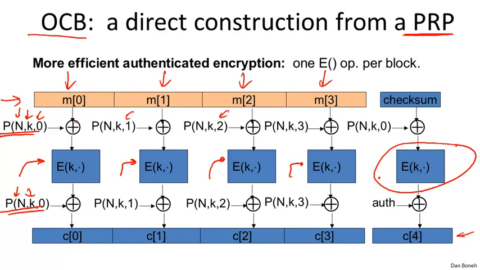So OCB actually has a nice security theorem associated with it, and I'm going to point to a paper on OCB when we get to the end of this module where I list some further reading papers that you can take a look at. So you might be wondering, if OCB is so much better than everything we've seen so far, all these three standards, CCM, GCM, and EAX, why isn't OCB being used, or why isn't OCB the standard? And the answer is a little sad. The primary answer that OCB is not being used is actually because of various patents. And I'll just leave it at that.